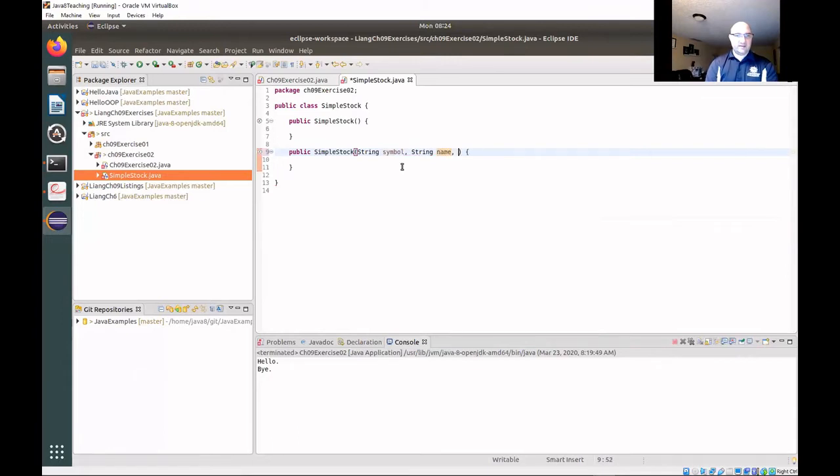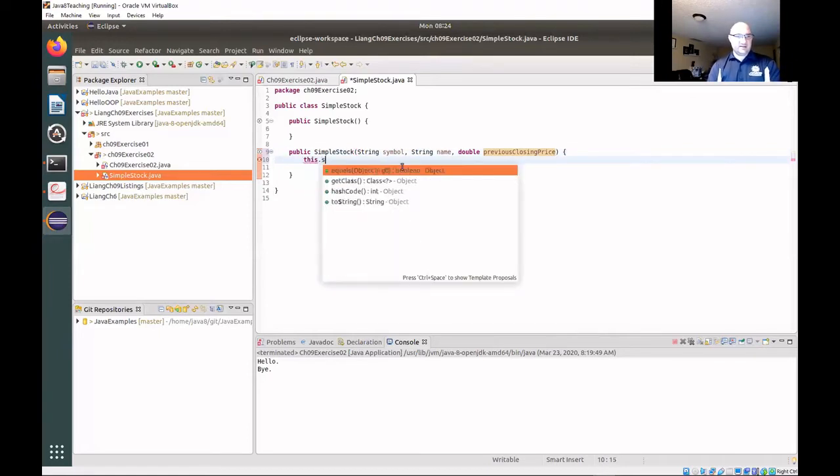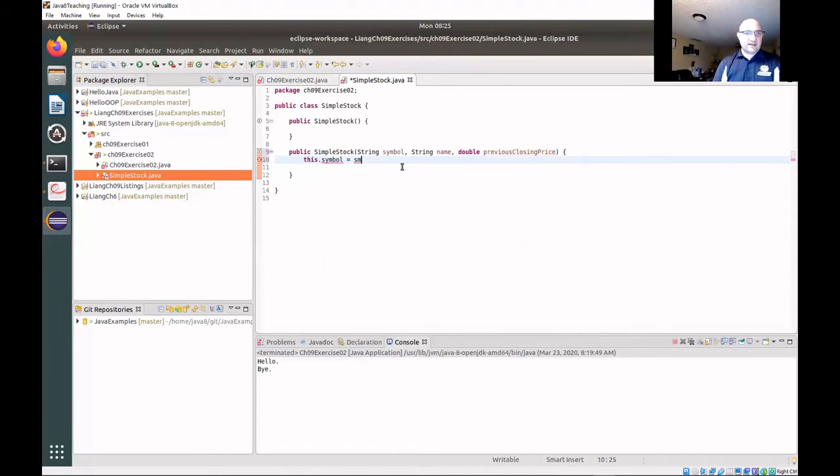That's a name. We'll have a double, which is previous closing price. And so now I'll say this dot symbol equals,